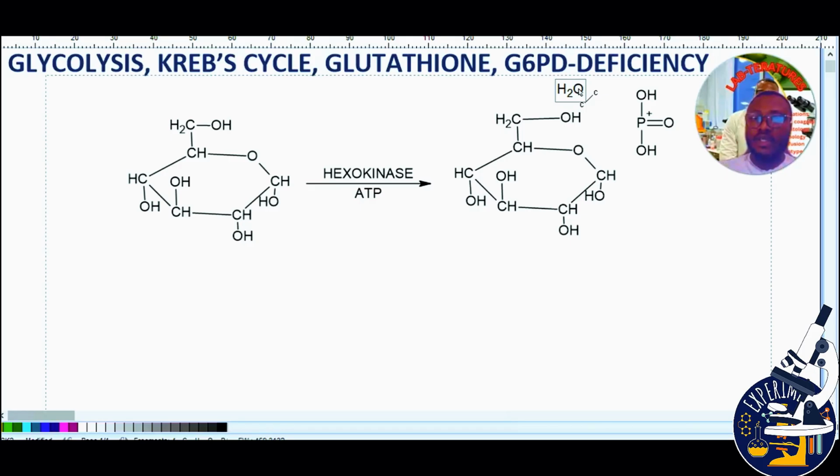So all that we are going to do is take this one off, and yeah, here we are free. So now we're going to link them all together and we are good to go. All we have to do is link the phosphate group to this, and now to this, to our methyl group. Now we are here. Of course we have the phosphate group attached to our glucose structure, and then the function of the hexokinase is